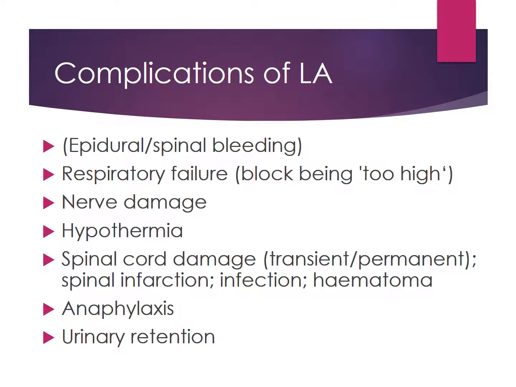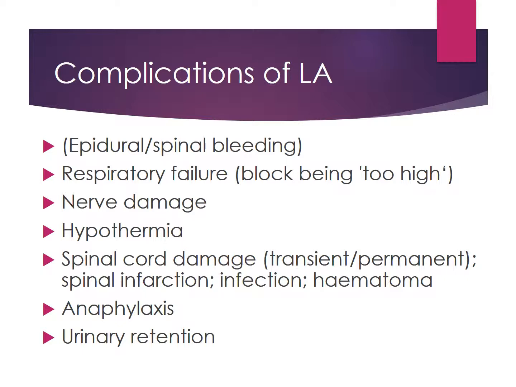If we summarize the serious complications of local anesthetics or regional anesthetics, it would include potential bleeding due to the epidural or spinal technique, having a higher block because of the rapid spread of the local anesthetic agents causing respiratory failure and respiratory compromise, potential nerve damage, and because of the blockade it creates and the vasodilation that would entail, the shifting of blood volume may also carry the heat with it, and then it may induce hypothermia.